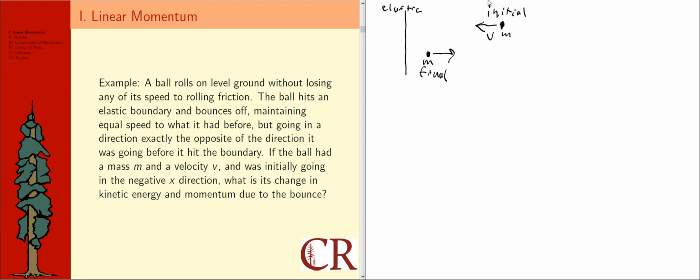It still obviously has a mass m, and now its speed is actually still v. That's what the fact that this wall is described as elastic guarantees. If no energy is lost, or maybe I should be more precise and say no mechanical energy is lost, which specifically means no kinetic energy is lost,